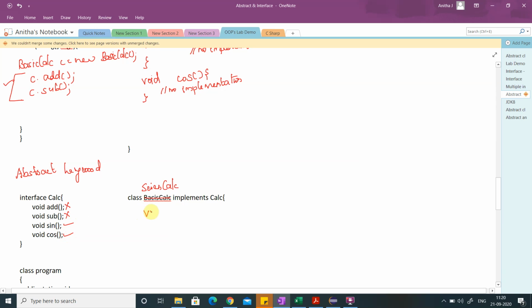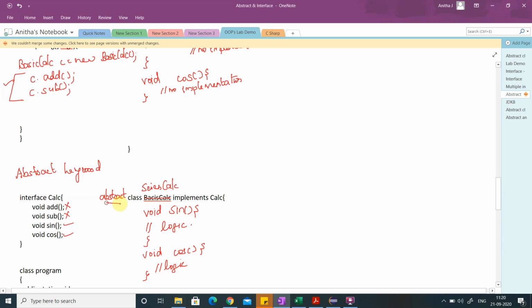So I override the void sine method and write the logic, and then I do the same with the cos method and write the logic. The other two methods, add and subtract, I don't want. So I can put the keyword abstract.